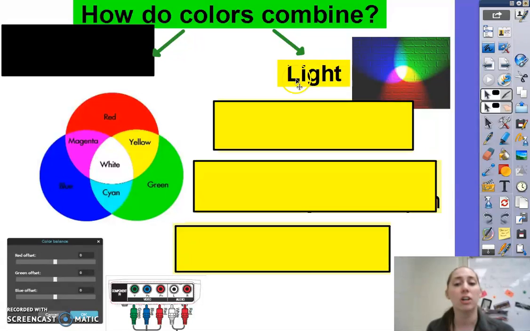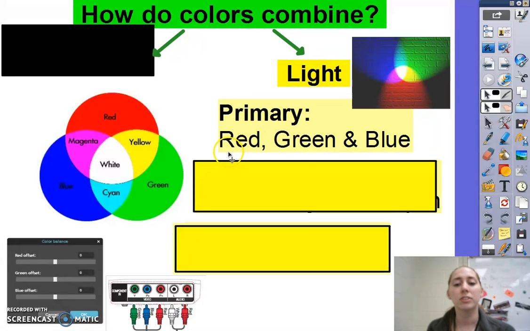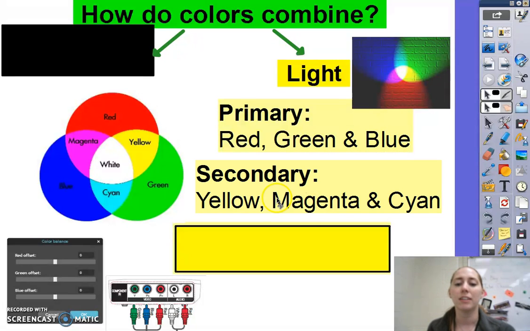So instead, let's talk about light. Light, the primary colors, are red, green, blue. The secondary colors of light are yellow, magenta, and cyan. These are switched or opposite of the pigments. Because remember, pigments, their primaries are yellow, magenta, cyan. But in light, that's the secondary. And just like we're doing the opposite of primary and secondary, if we combine all the colors of light, we